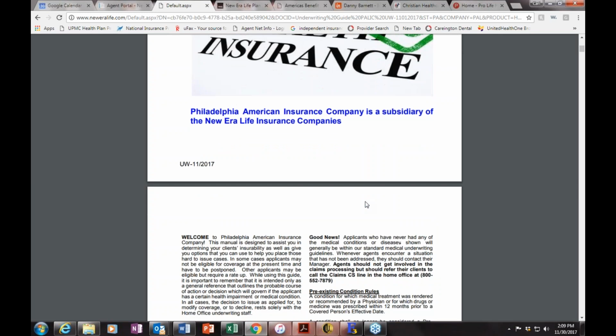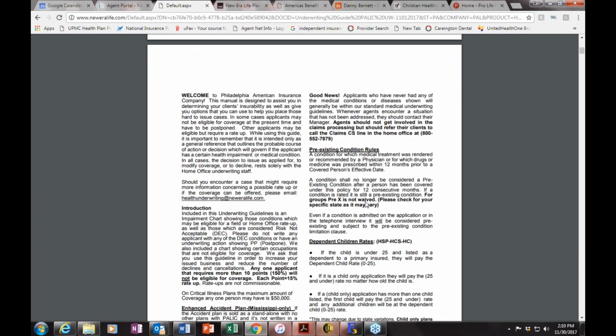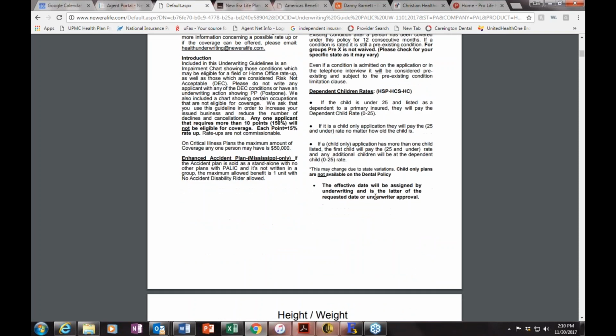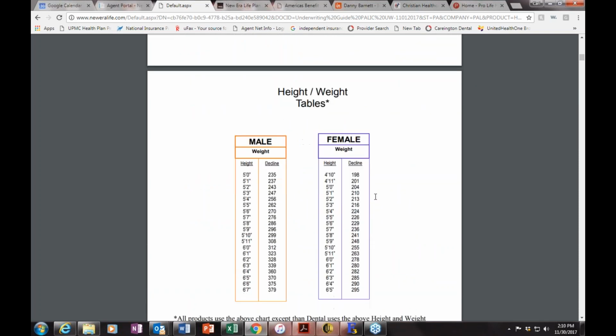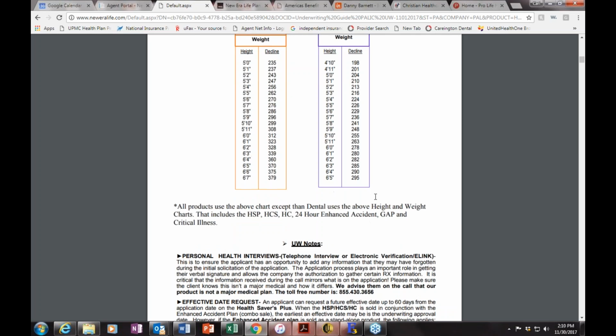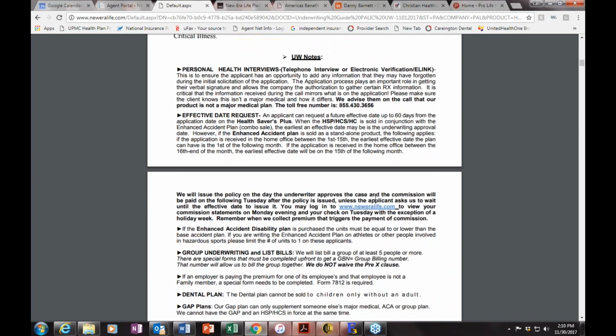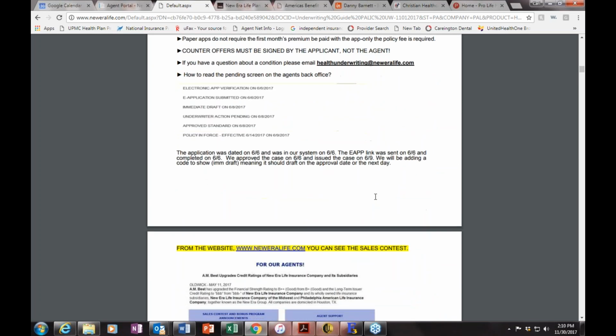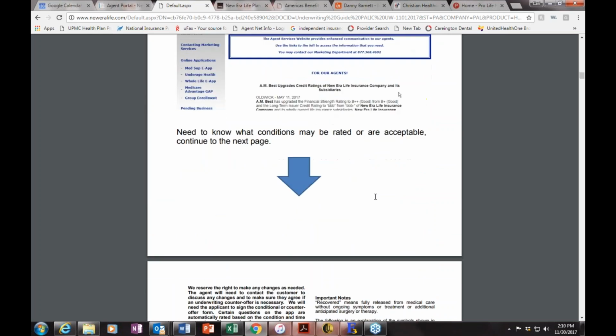This is going to list for you all of the conditions that are not approved for this plan, or maybe for certain products there are some occupations that are not approved for this product. Height and weight tables, just some underwriting tips and procedures. And I don't mean to make anybody dizzy here going through this, but I just wanted to get down to,